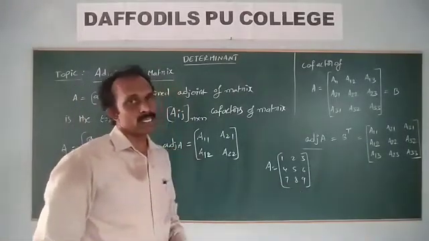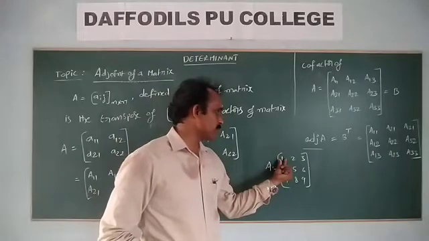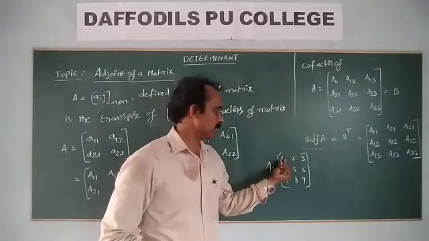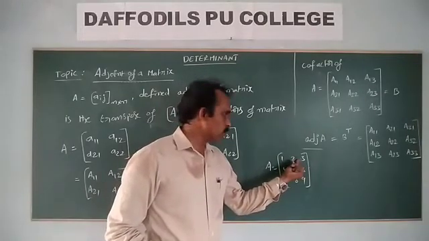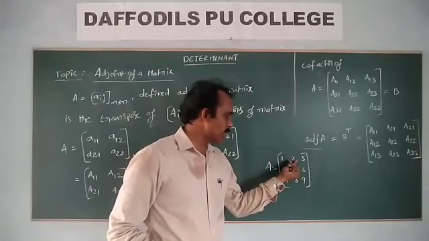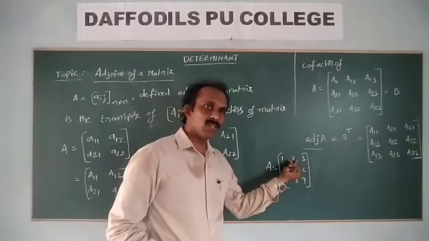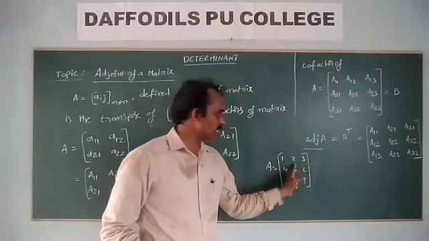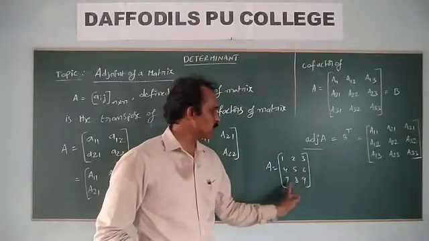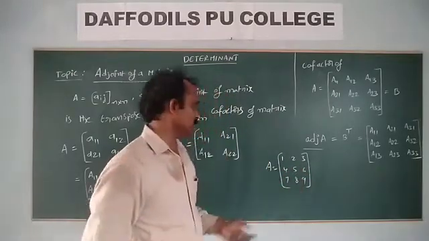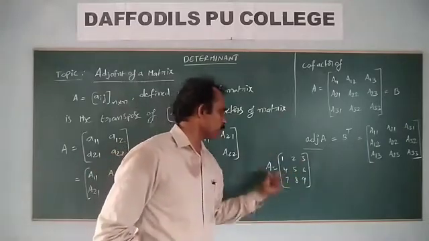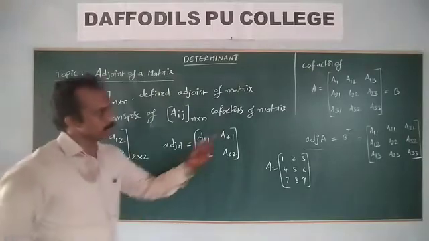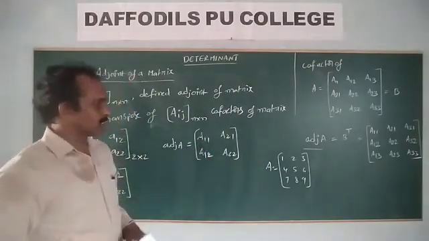How to find cofactors? I should explain. First, minus 1 to the power of i plus j times its minor gives the cofactor. To find the minor, delete this row and this column, and the determinant of the remaining values is called its minor. That is the process to find cofactors, for either a 2 by 2 or a 3 by 3 matrix.